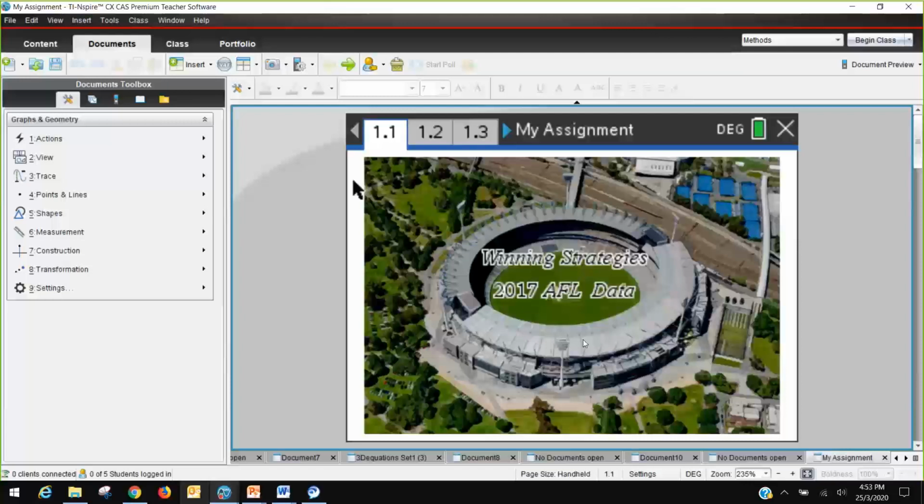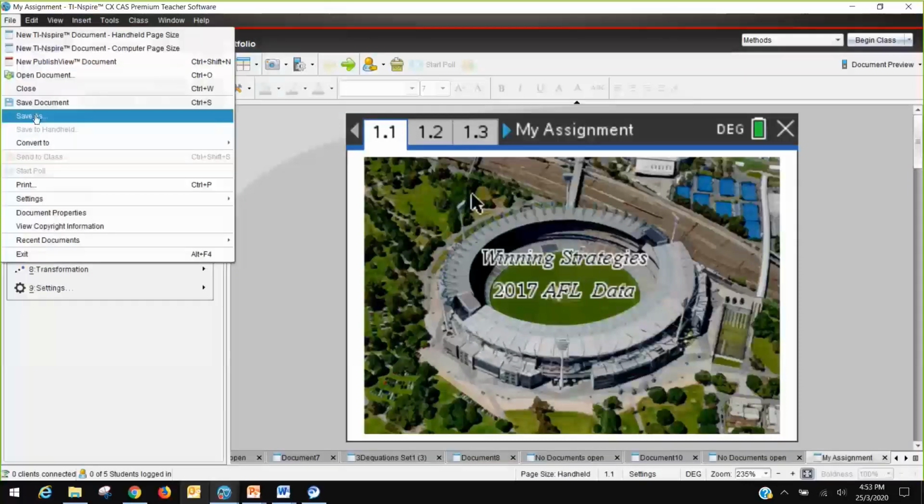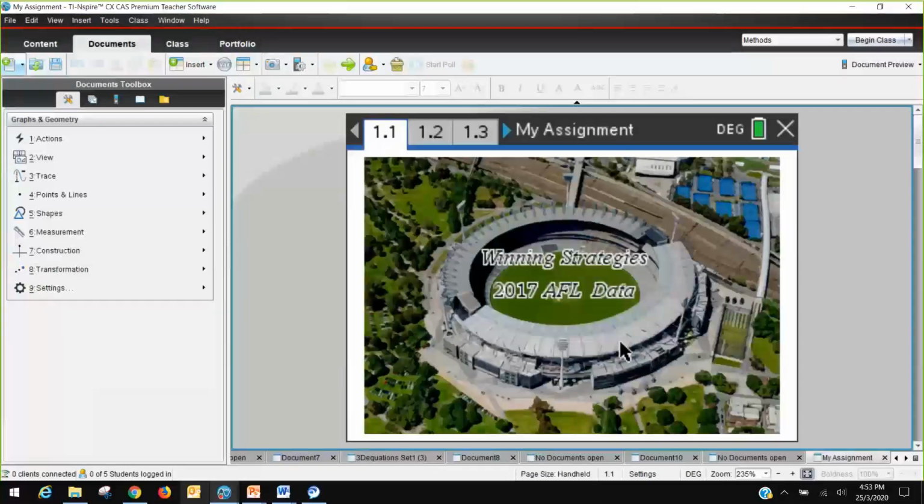You can save them as a PDF, but it's not something that I would generally do. Oh, hang on, I think it's under convert, sorry. File, convert to publish view, computer file. Oh, you can change the dimensions. I vaguely recall that you could save it as a PDF as well, which basically just screen dumps all of the content. But I don't think that would be useful because once a student's done their assignment here,